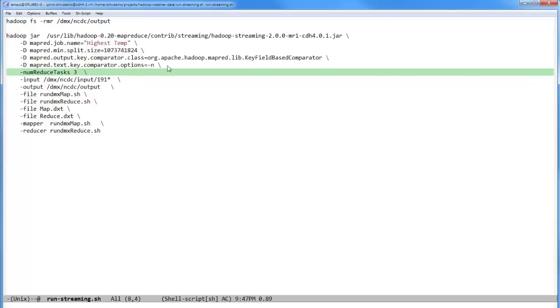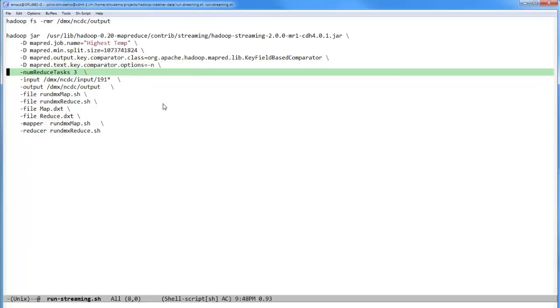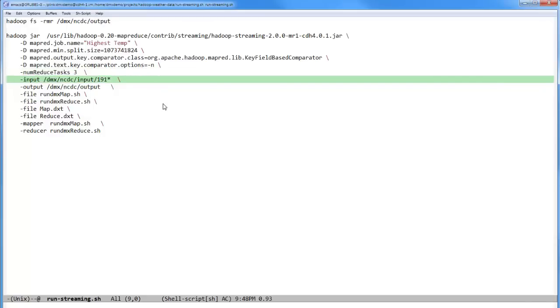But it's a good thing to know that you can specify how to control the sort. I'm saying we want 3 reduce tasks. I'm telling it where the input is, and notice I'm not using all of the years. I'm just saying 1910 through 1919 with this wildcard, so that we can start with a smaller amount of data, and then